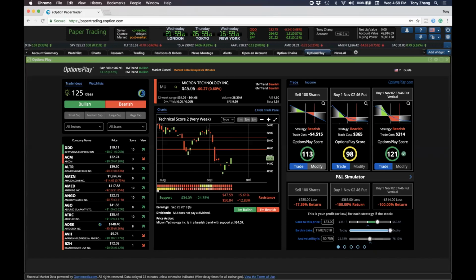If you bought the put option, you lose only $365, so half of what you risk if you had shorted the stock. And if you bought this put spread, you only lose $314. So that's the least amount of money you're going to risk, by trading this put spread. Again, that's why the debit spread is one of the most efficient ways to really take advantage of a bearish